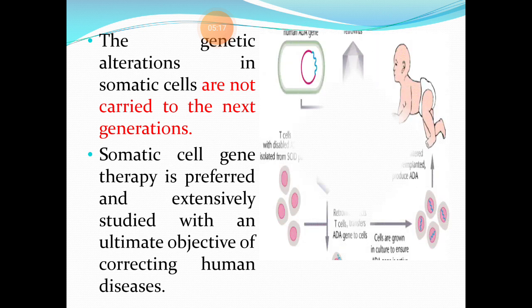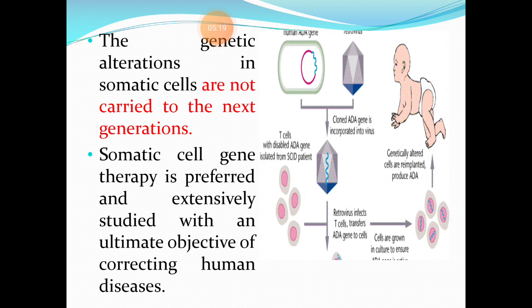All right. So now here you can see a schematic diagram. Here we have an ADA gene. Okay. If this gene is defective, I'll come to it later. If this gene is defective, the individual will suffer from a disease known as SCID disease, severe combined immunodeficiency syndrome. Okay. Now,